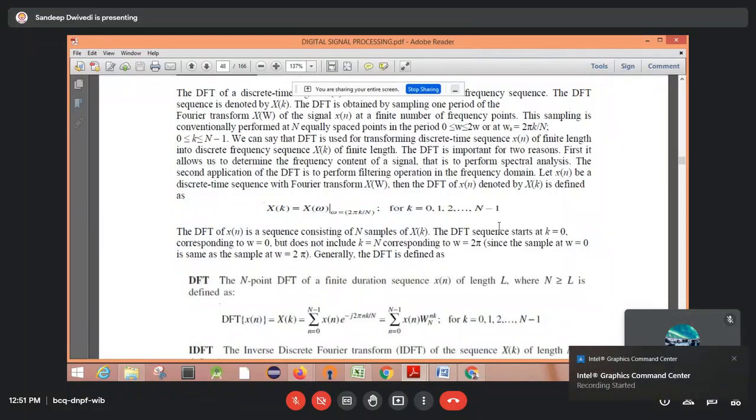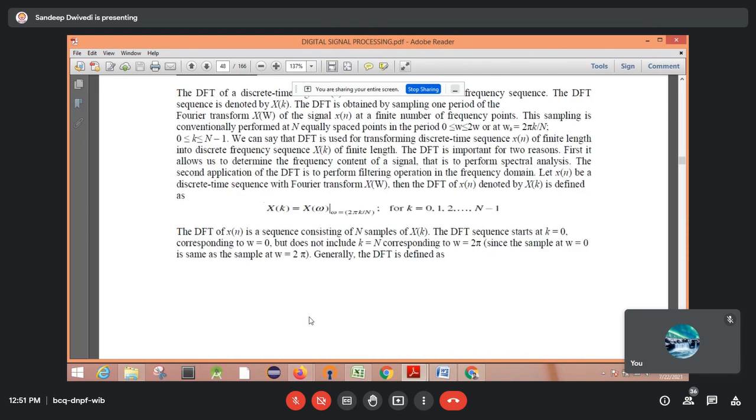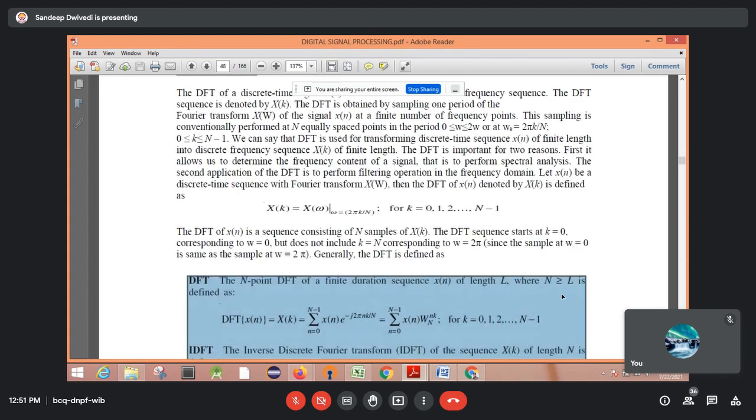Nothing but the discrete point Fourier transform, DFT. But okay, so what will be the formula for that? See, this is the formula, if you remember from the last lecture. It is denoted by X of k, summation n equals 0 to capital N minus 1, x of n, the input sequence, then e raised to power minus j 2 pi kn upon capital N.